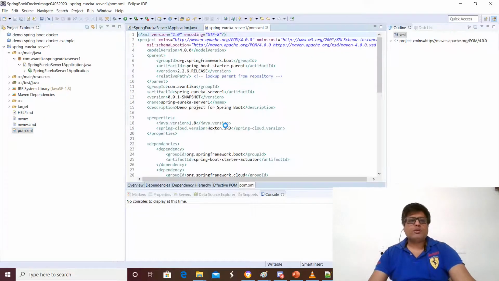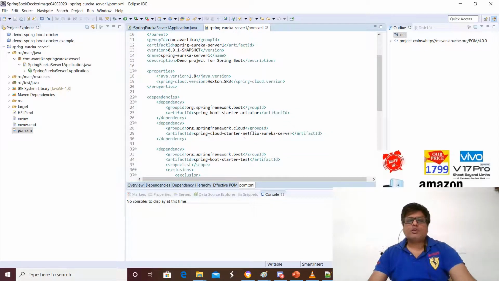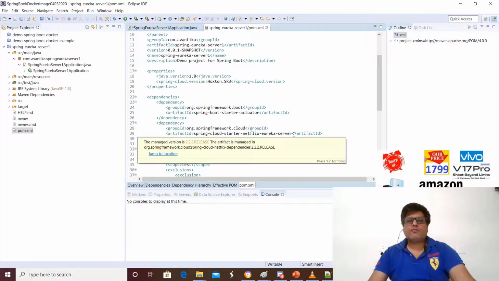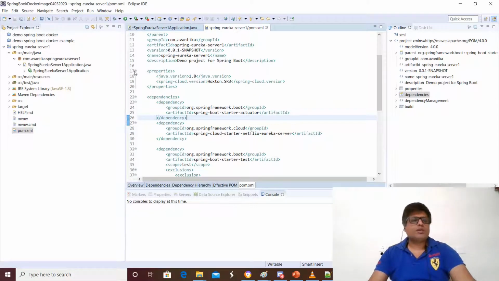We have the Spring Cloud Starter Netflix Eureka server, which is the dependency through which these things will be generated. So in the resource folder, we will be configuring